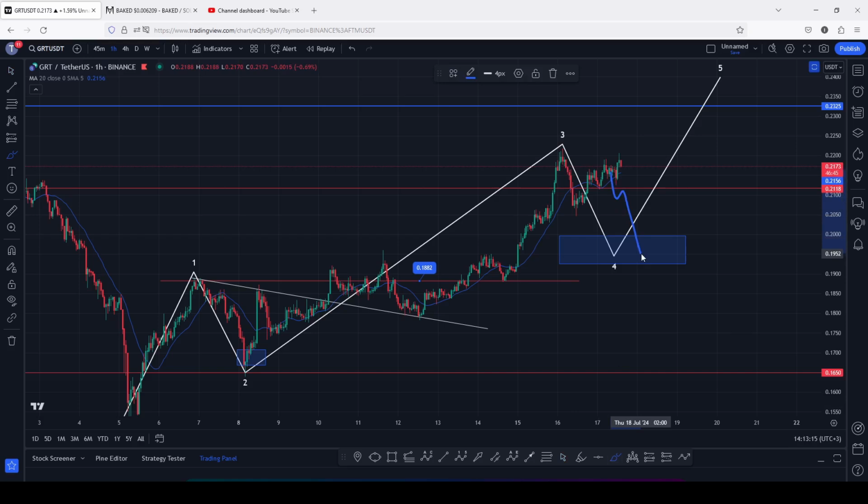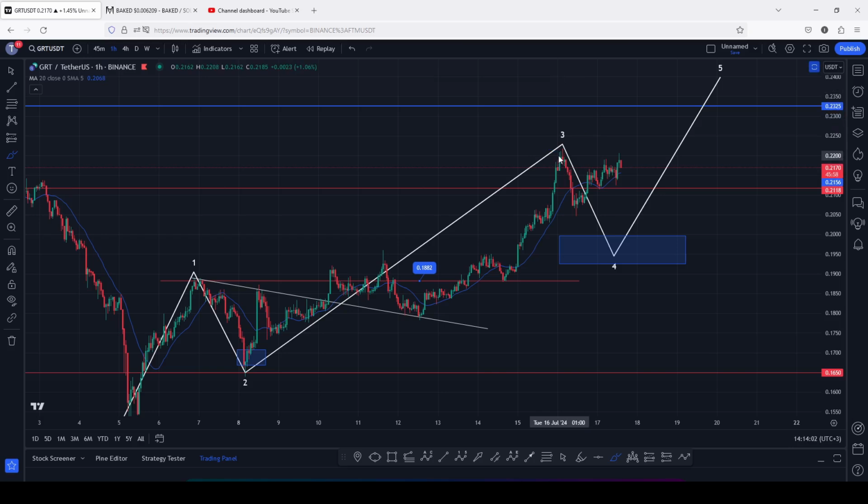And as long as we continue holding within this area, we should be able to put in place a low for that fourth wave and get a massive bounce back to the upside in the formation of this Elliott wave count 5. And to just point out another reason as to why I'm very cautious at the moment that maybe we have a high in place in this Elliott wave count 3, as you can see here on the charts,